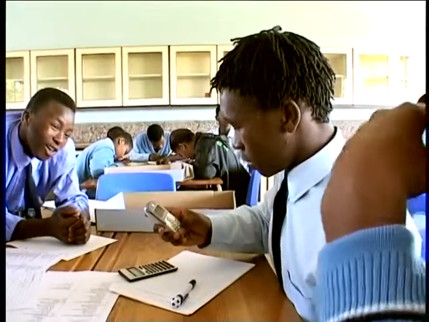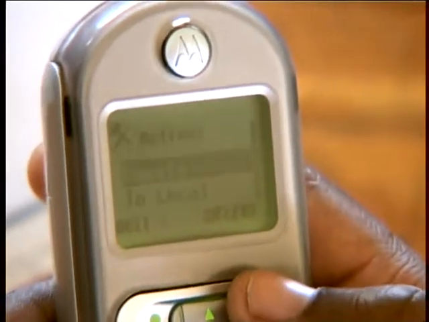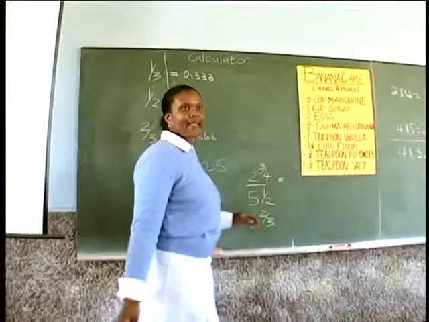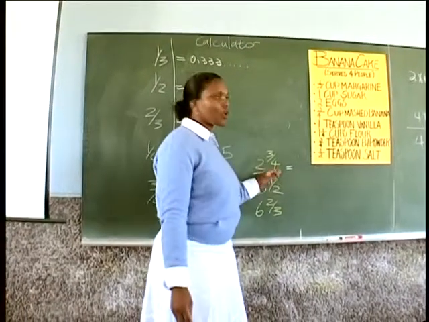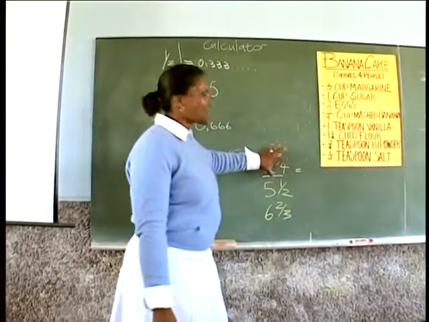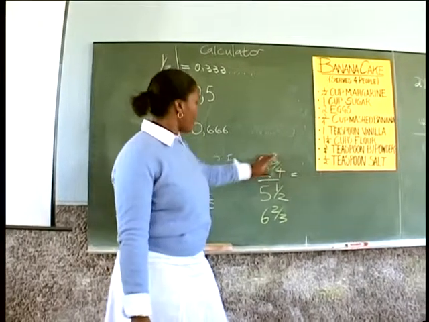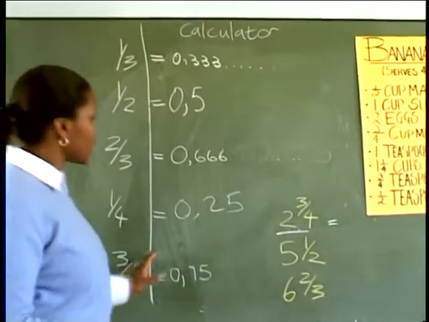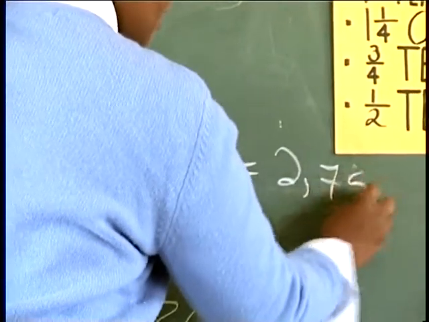Learners have studied fractions in the lower grades, but they don't know what to punch into their calculators when the recipe says 1 3/4 cups of flour. Nomsa notices this and does a quick revision. In class here we have 2 and 3/4. Right? And if you want to punch this on your calculator, you're going to press 2, then you go to your table. What is 3/4 from your table? Here we have 3/4, which is equal to 0.75. And here we have a 2. Right? Then it's going to be 2.75.